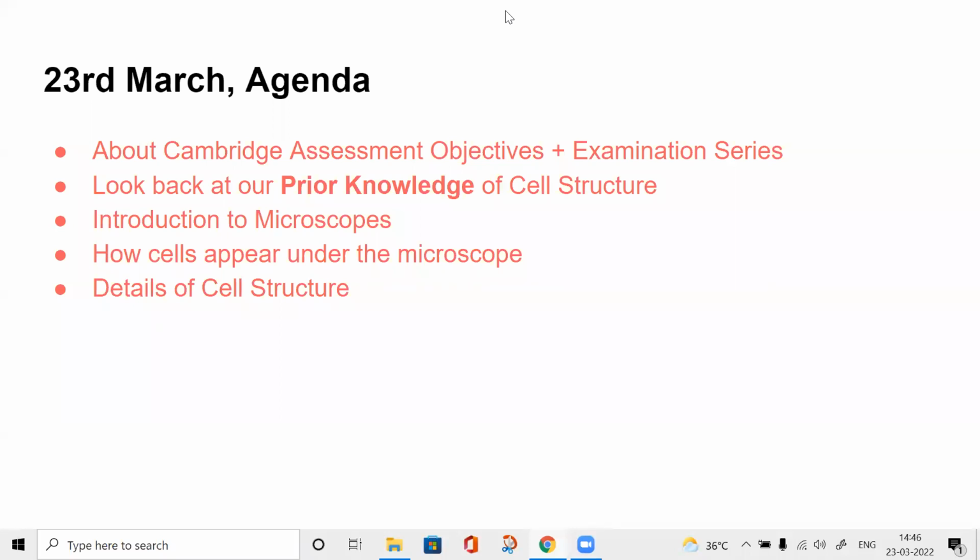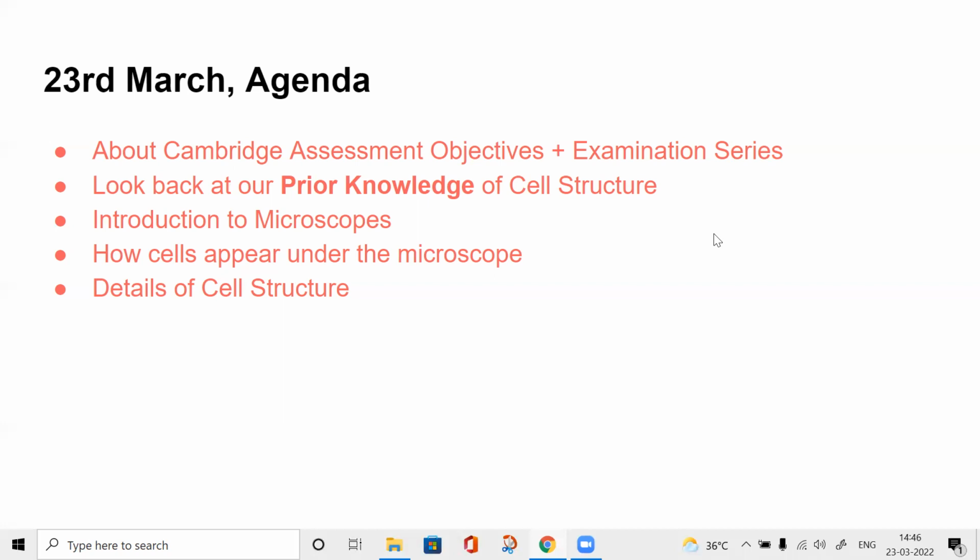So this is our agenda today. We are going to look at some assessment objectives, exam series of Cambridge curriculum. Then we'll jump back to our cell structure discussion that we were doing from our homework. And based on the cell structures we have drawn and what we know in IGCSE, we are going to compare what are some details that we are going to learn about cell structure and more complex things in AS level